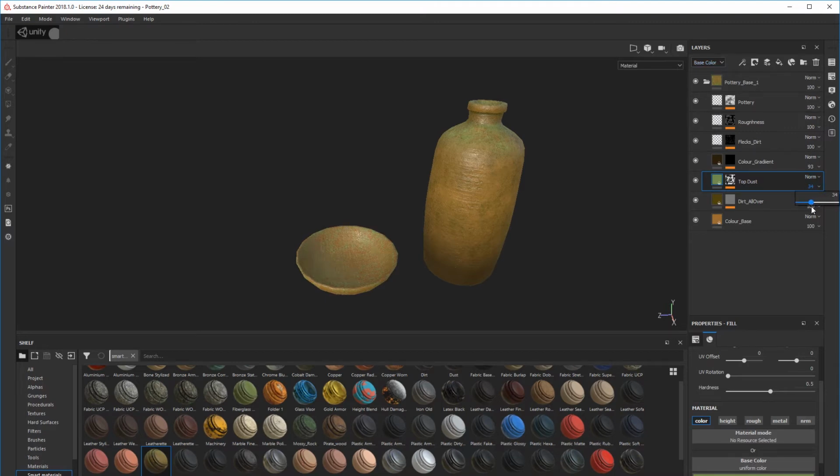Can reduce the opacity actually on the actual layer itself. I've got base color selected and I've got my color selected. I can go in and adjust the opacity of that, and that's quite nice, and it's looking very similar now,